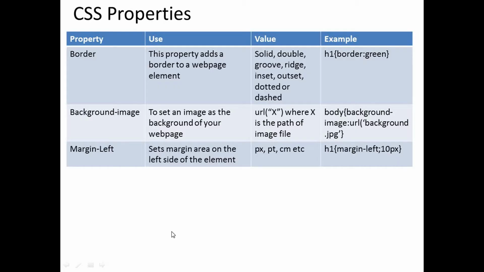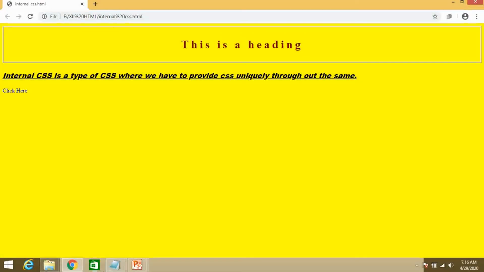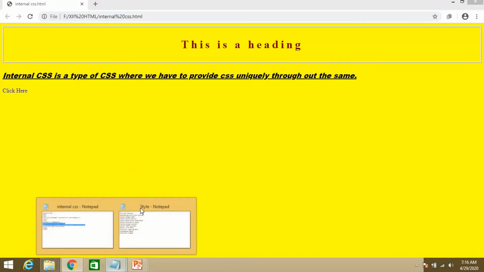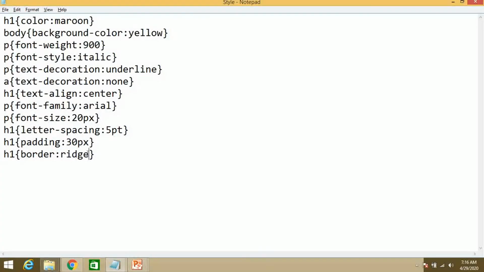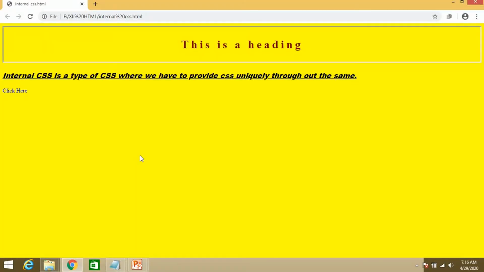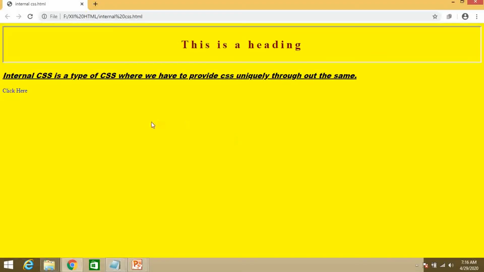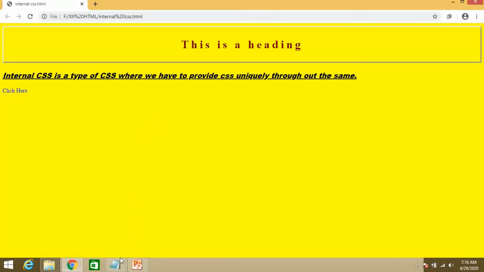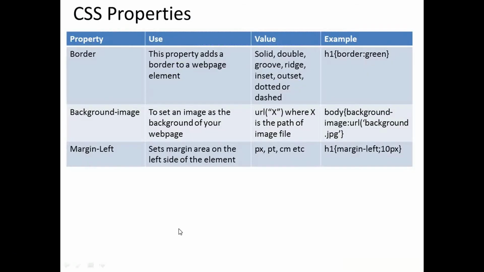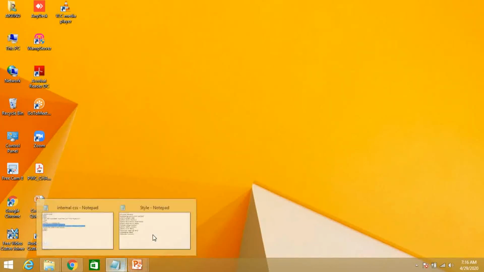Then inset, outset, dotted. Just apply inset first, and see the effect. Then outset, see the effect. And the last one is dashed.